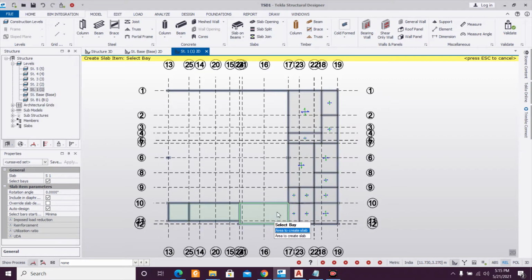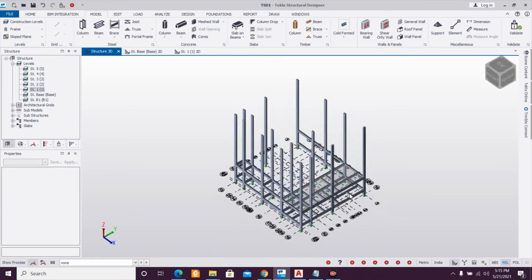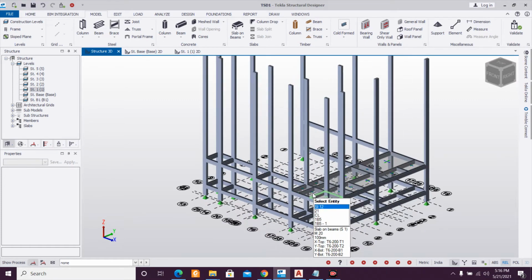We have the staircase portion here, so we'll avoid that, and we'll have the lift portion, we'll avoid that. And in this portion we won't provide any slab here. We'll provide the slab when we go above the level of this G+1, that is in the next level. So this is the structure like this, only the new portion.